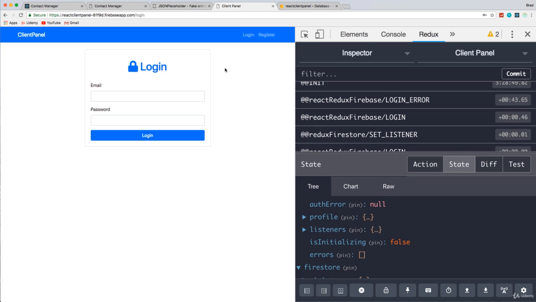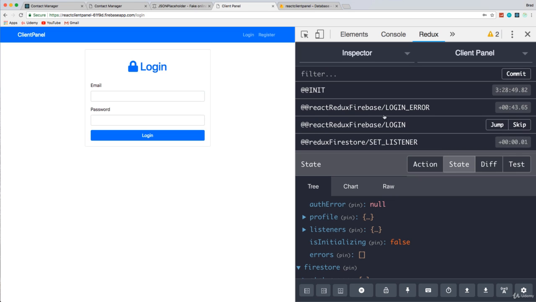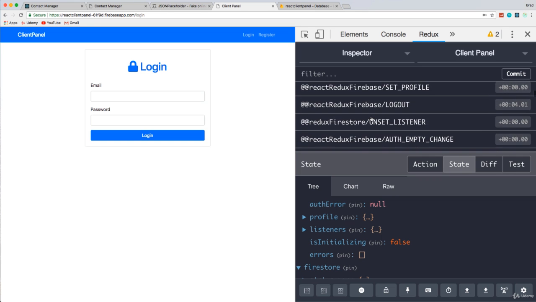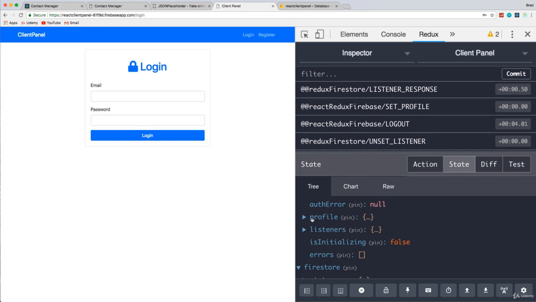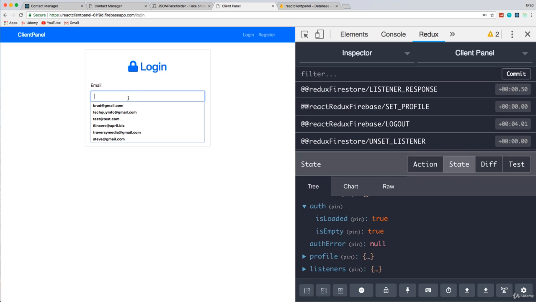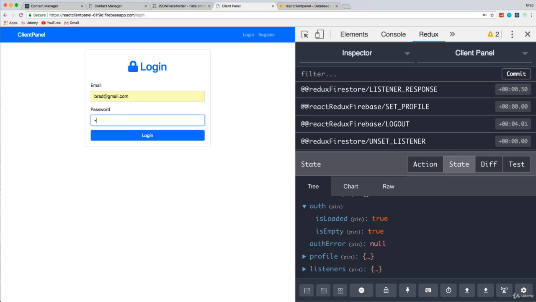We're also using a library called React Redux Firebase that is really, really cool because it has its own set of actions. It has its own state. In our state, you can see we have Firebase, and we also have Firestore, which is the newer cloud database that Firebase uses. So when we log in, for instance, our auth data will get put into our state. Right now it's empty, but you can log in and you'll have that in your state, and you can use it wherever you want. So let's just go ahead and log in here real quick